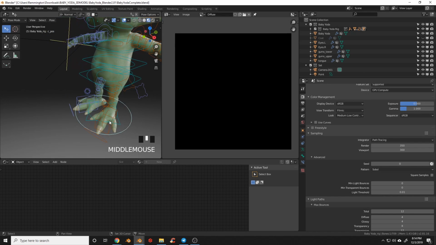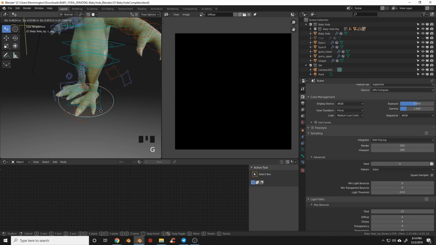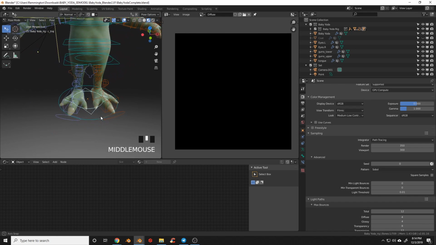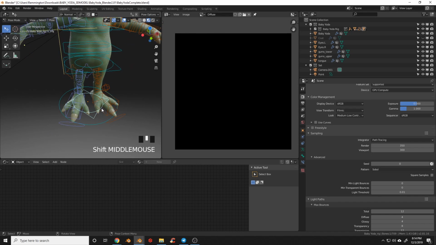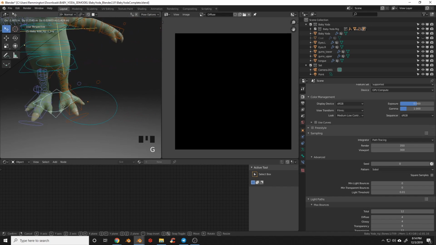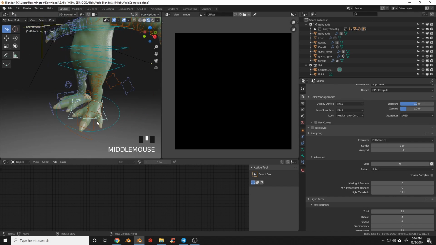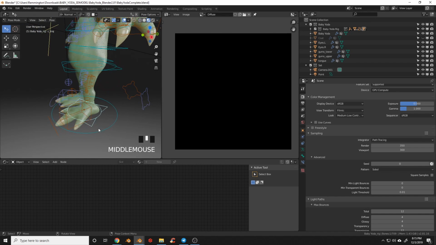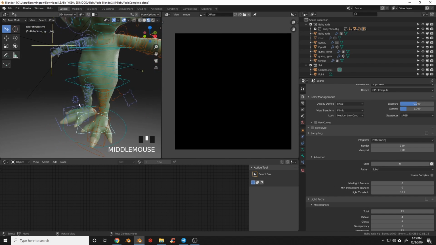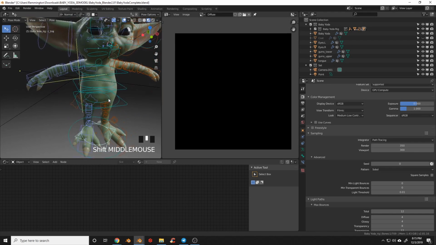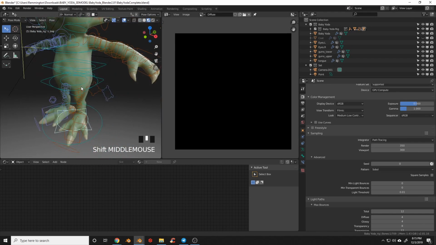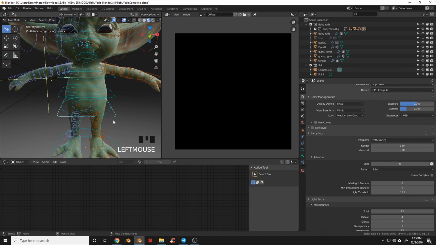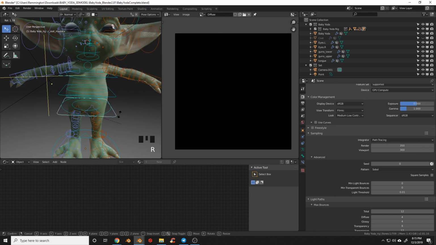Now this down here is considered the root. So this is what moves the whole rig. Everything is parented to that. But here you have your star control, and most character rigs will have this. And this will also move your character without moving your root. That way you can do things like jumps and keep your root in order. So it's a lot easier to animate complex animations if you have those two separate from one another. Now, if we come up here, you can see that we can make him do a little hip dance there.